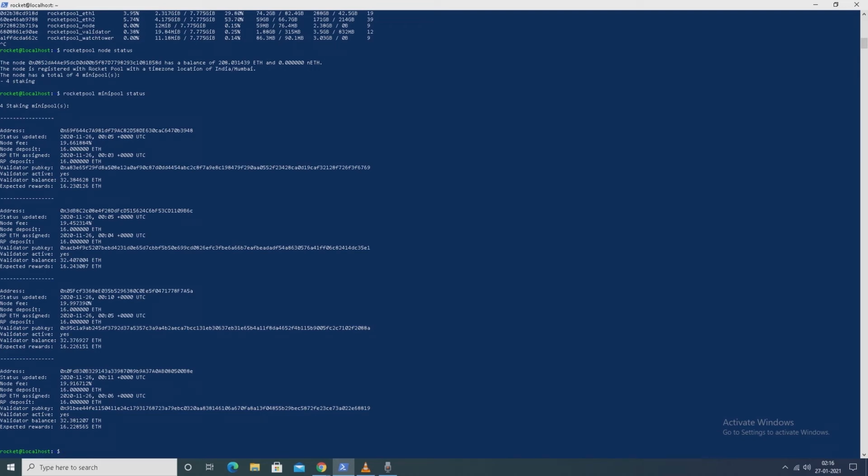So now let's see how we can exit the validator.